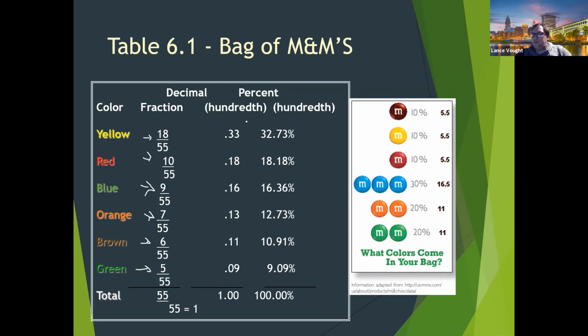But anyways, when we converted this to decimals to the hundredths, we determined that this was 0.3273. So we rounded it to 0.33. We got, let's pull this back up, 10 over 55, which is 0.1818. Then we got 9 over 55, which was 0.1636, then 0.1273, then 0.1091, and then we got 0.0909. So if we're going to convert this to percentages,